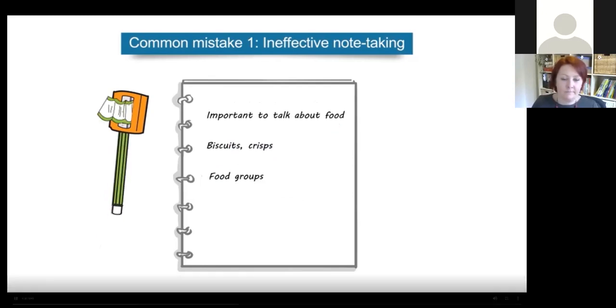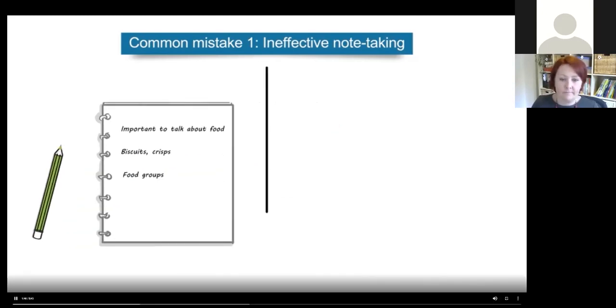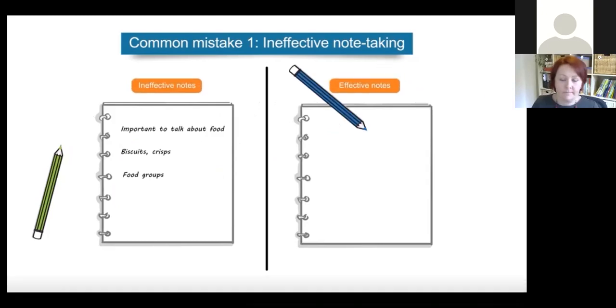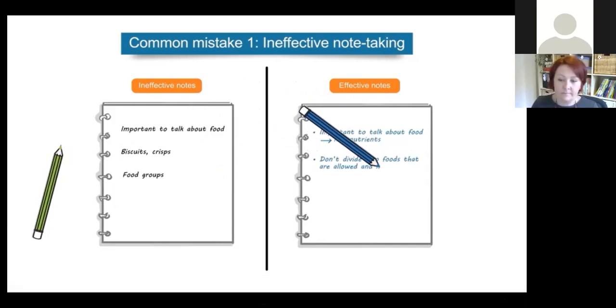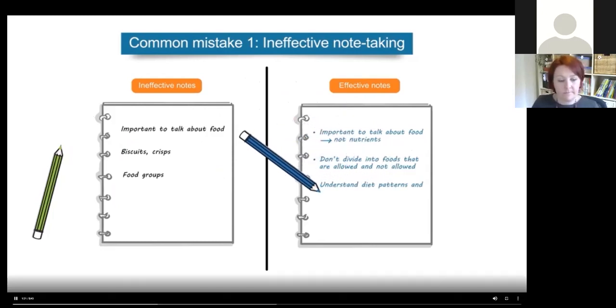Take notes on the main idea of the lecture and any supporting ideas. Important to talk about food, not nutrients. Don't divide into foods that are allowed and not allowed. Understand diet patterns and proportions.